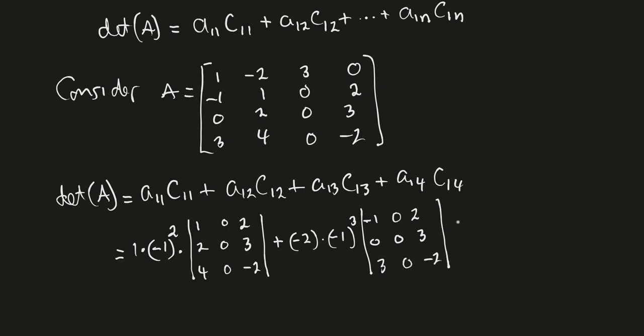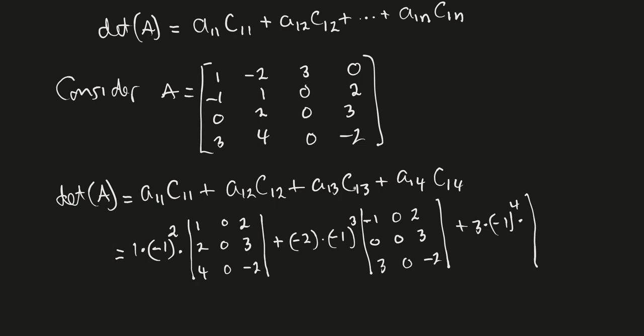And then I keep going, so plus 3 times the same expression. Now i and j are 1 and 3 respectively, so I add those together and have -1 to the fourth power, and then times